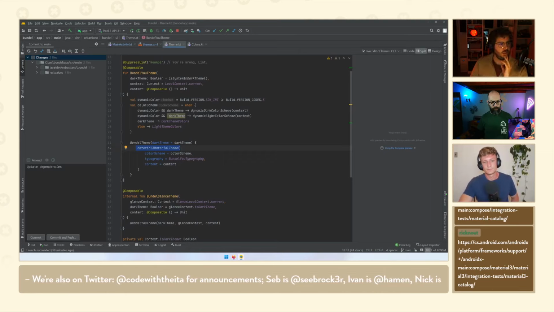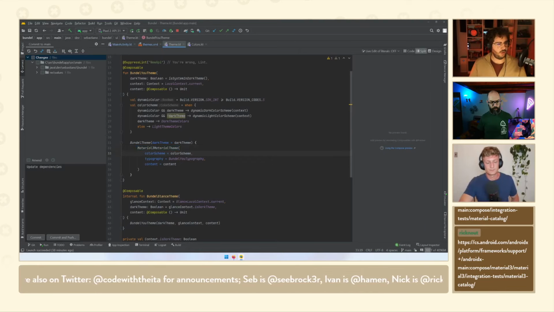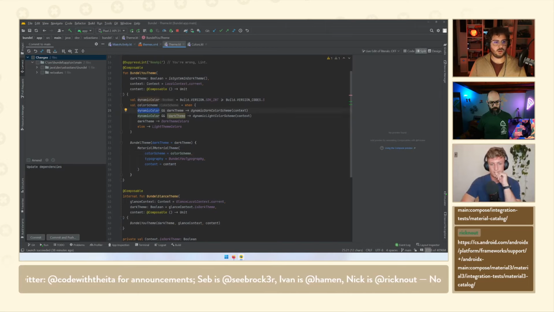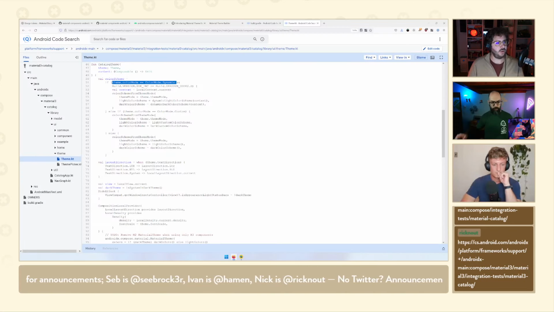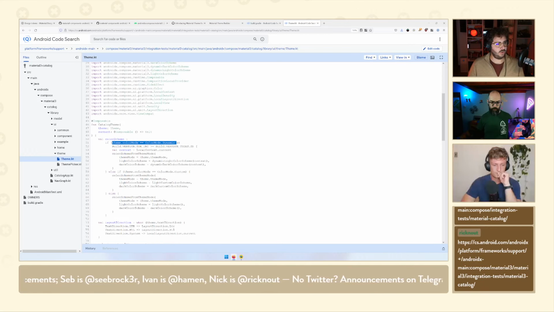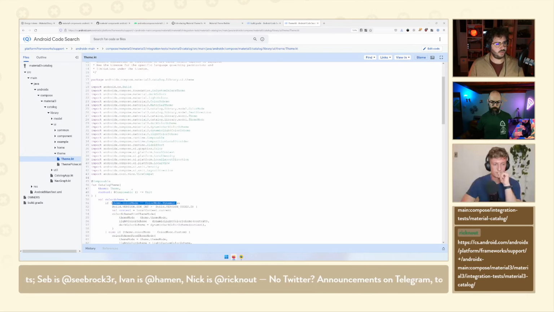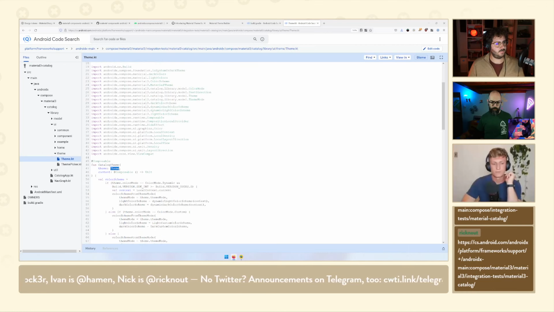Yeah. Because this actually brings me to a point where somewhere, I don't remember where, we have a dynamic color value, which is fine, but I didn't know there was a theme.color mode thing you could use. But what is this theme you're passing in?